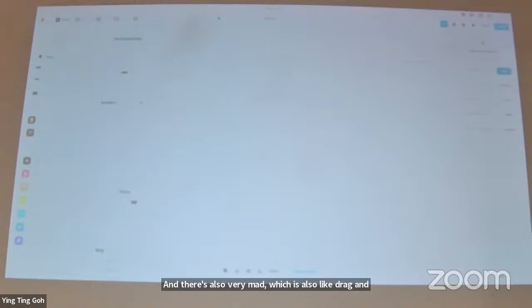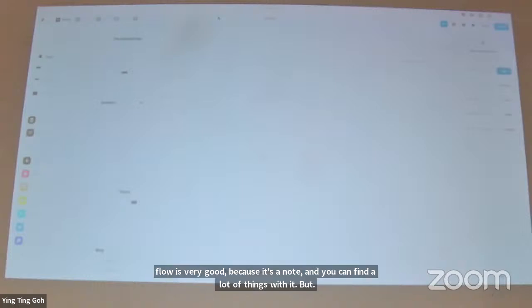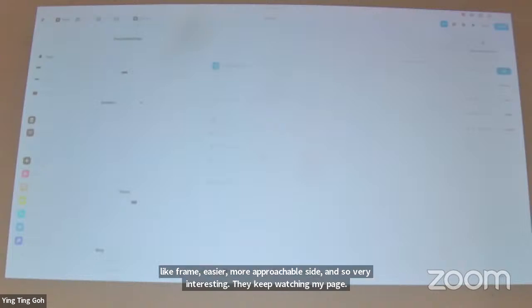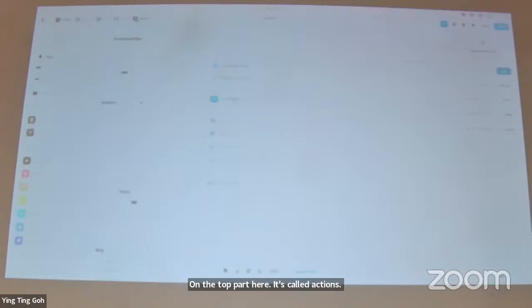Then there's things like Webflow. Webflow is very good because it's a no-code tool and you can do quite a lot of things with it, but it's also a little bit of a learning curve. So I feel like Framer is on the slightly easier, more approachable side. And so very interestingly, keep watching my page. On the top part here, it's called Actions. Once I click it, it says AI generate page. So I'm actually going to